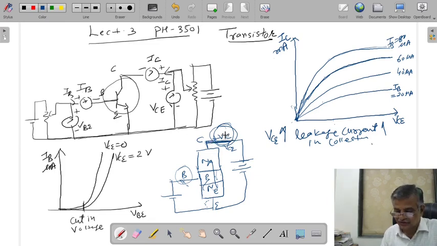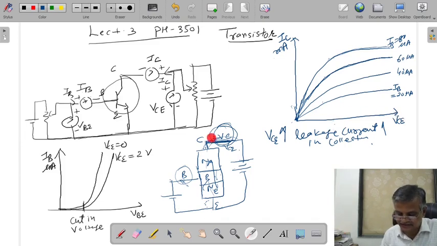As a result, this current is the collector current plus the leakage current. The leakage current is of the order of microampere. So this current increases as Vc increases again, and you will not get a horizontal line. Actually you want to get a horizontal line, but you will not get it. Why? What is the reason?